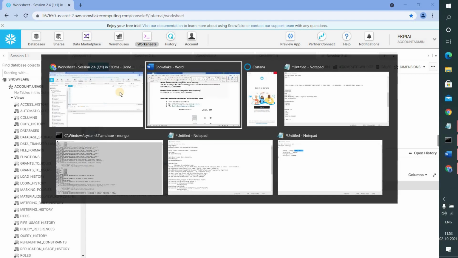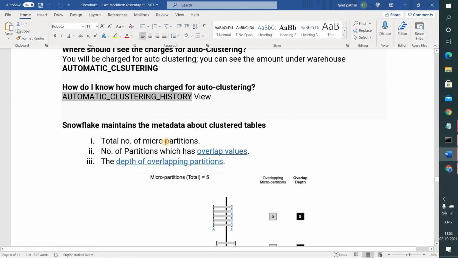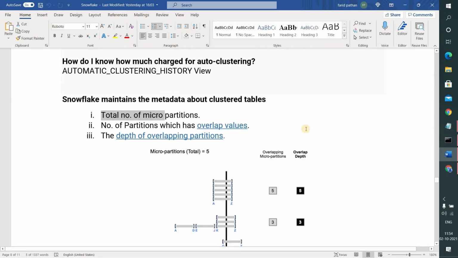That is the number of micro partitions in that particular table, the number of partitions which have overlapping values, and the depth of overlapping partitions. Basically, to see the effectiveness of the clustering, the depth of overlapping partitions and the number of partitions which have overlapping values help.